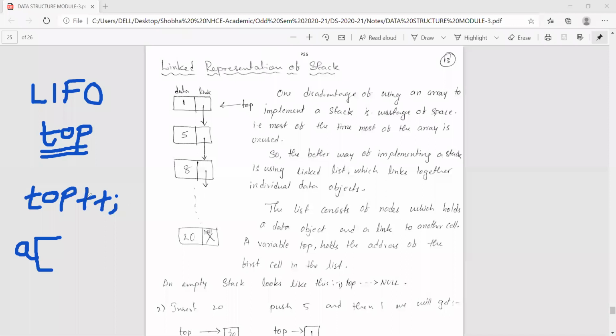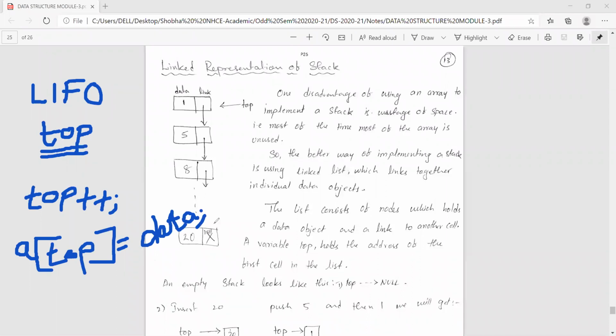After incrementing top, what should I do for push operation? Assign the value. A of top is equal to the value. Right. In that new position of top, we have to insert the value or data, whatever you want to place.